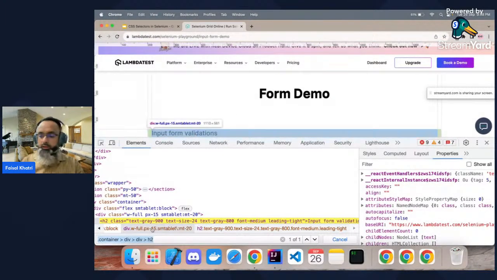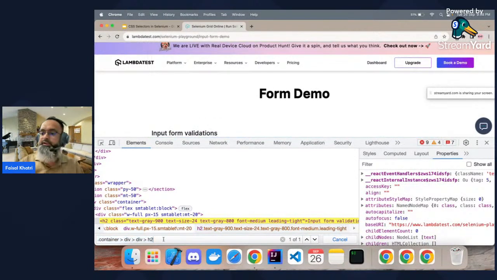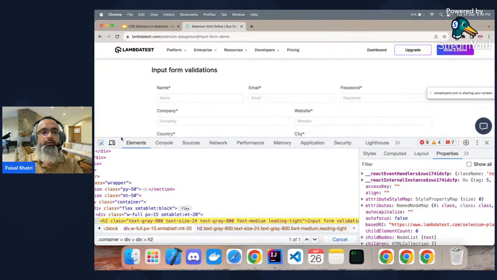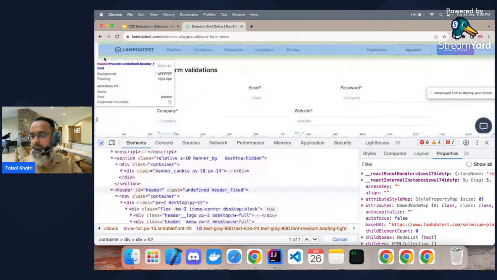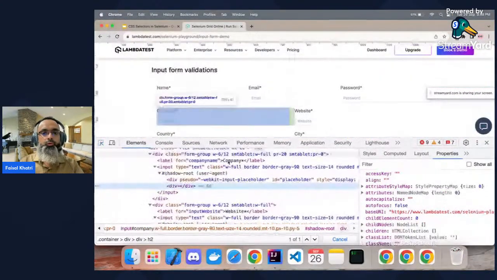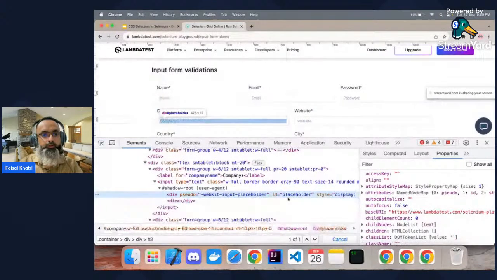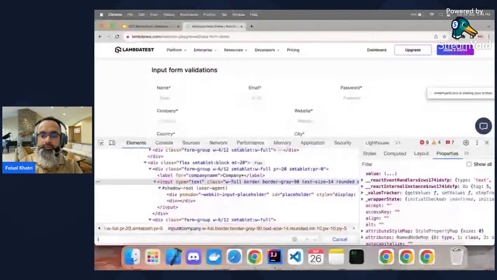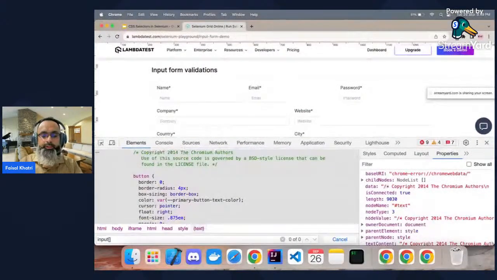Okay, the next thing that we want to discuss around attributes is the form part. So for example, if you want to locate this field here, the company field on the input form page, we can make use of multiple combinations. So using the input tag in the company field,